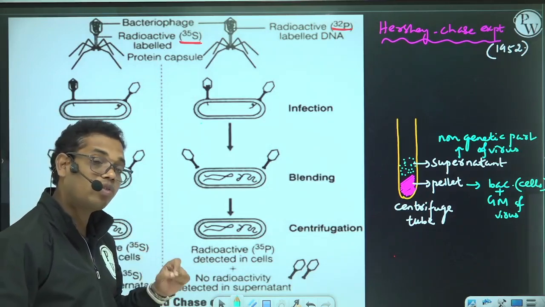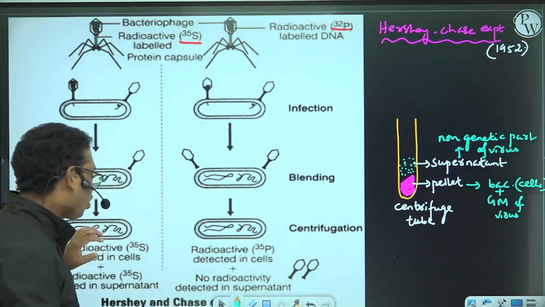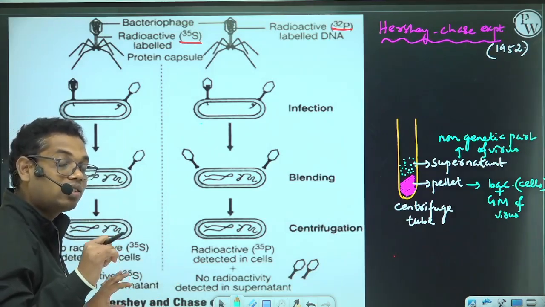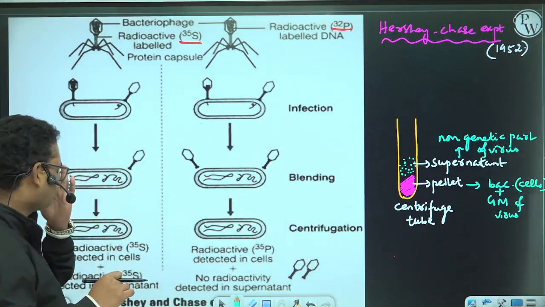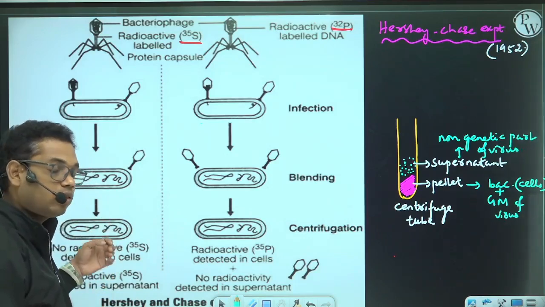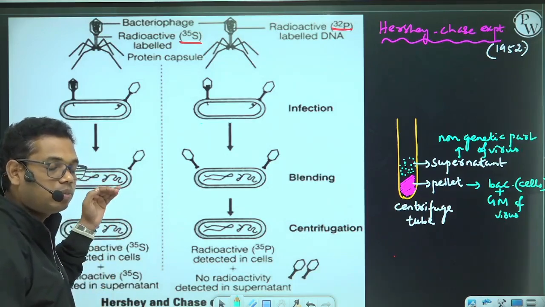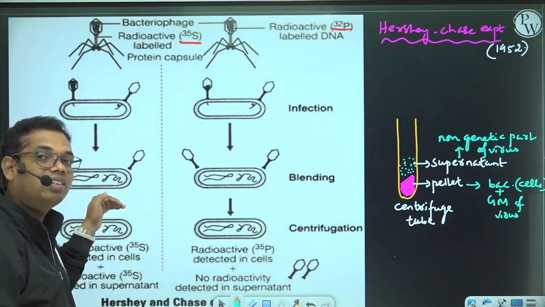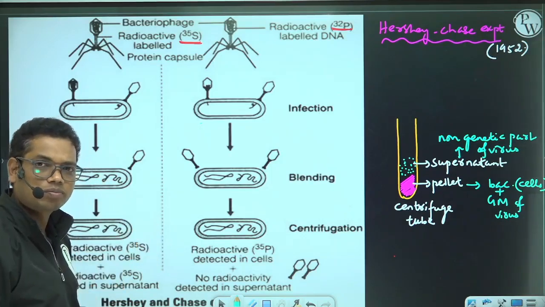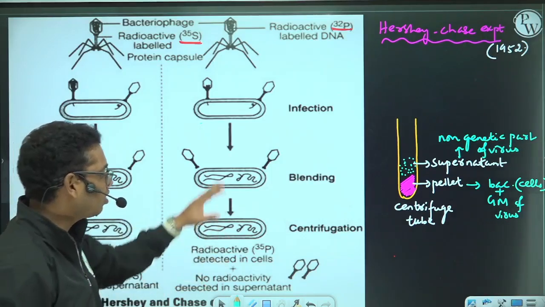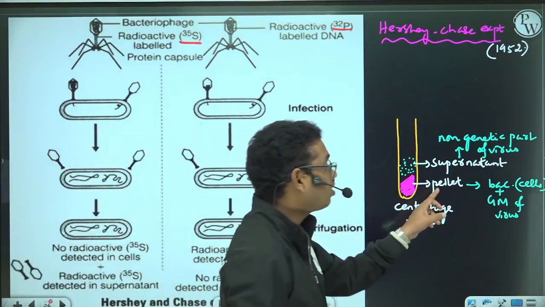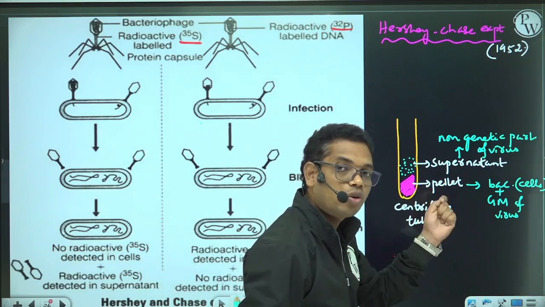they will have the genetic material of the virus. Okay, and because in the first case, the pellet did not show any radioactivity, and the supernatant showed radioactivity, that means the proteins of the virus did not enter into the bacterial cells. In the second case, they observed that the bacterial cells, that is the pellet, showed the